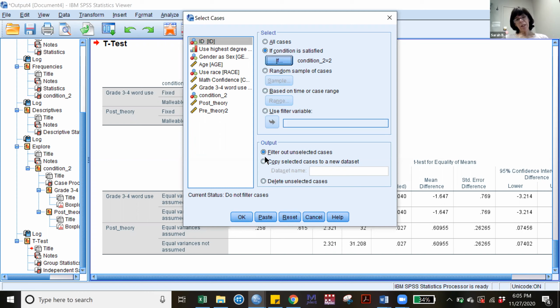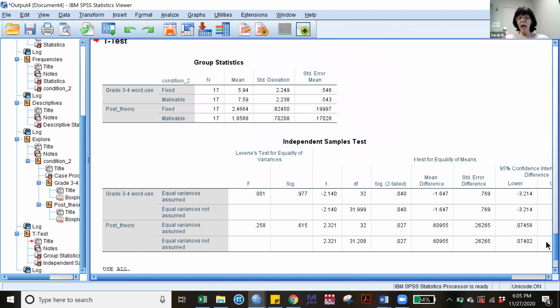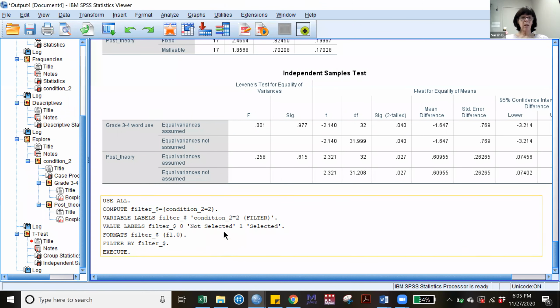Important to note here is that the default is to filter out unselected cases. Do not choose delete unselected cases, or you will lose the cases in your data set. So you don't see anything happen here. It just puts in a report of the syntax that resulted in that selection. If you look at your data file,